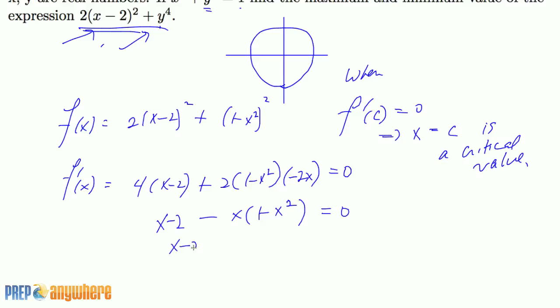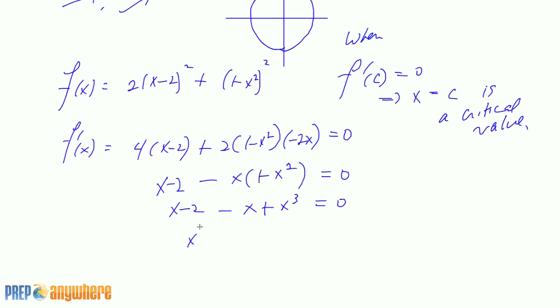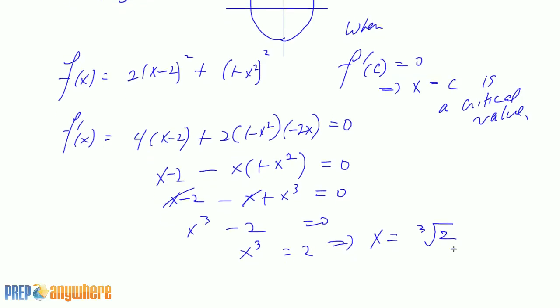Okay, so x minus 2 minus x plus x cubed. So we get an x cubed, that x disappears, minus 2 is equal to 0. So x cubed is equal to 2, so we get one value of x, just the cubic root of 2. Okay, so the cubic root of 2,